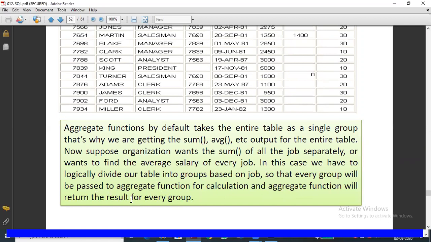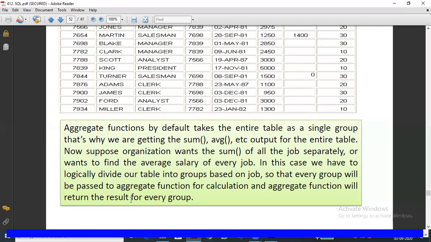I'm saying the GROUP BY query will group the table based on, for example, department. Department-wise it will group it. For example, if 3 members are in the sales department, all 3 are in one set. Next is the IT department, and HR means HR. Likewise, it will group and pass the values.